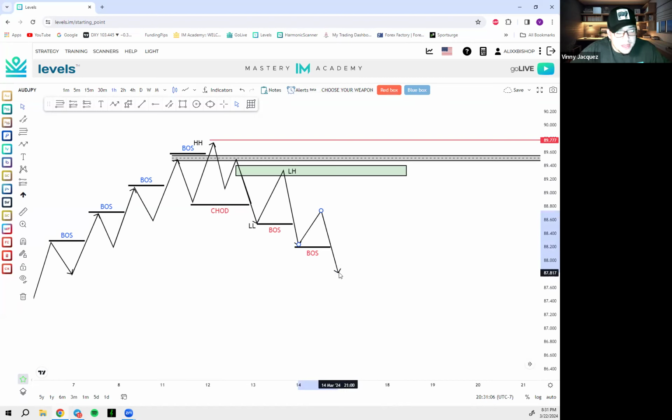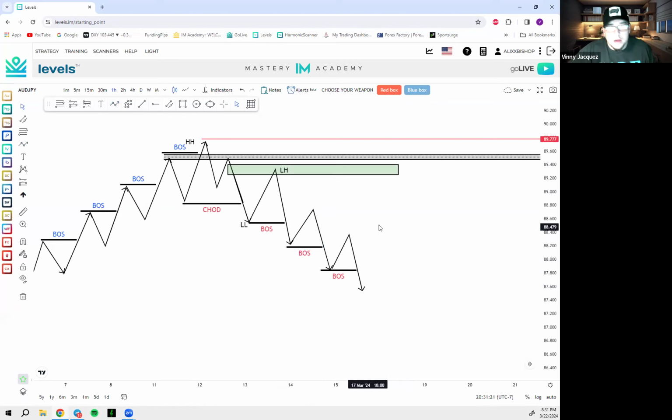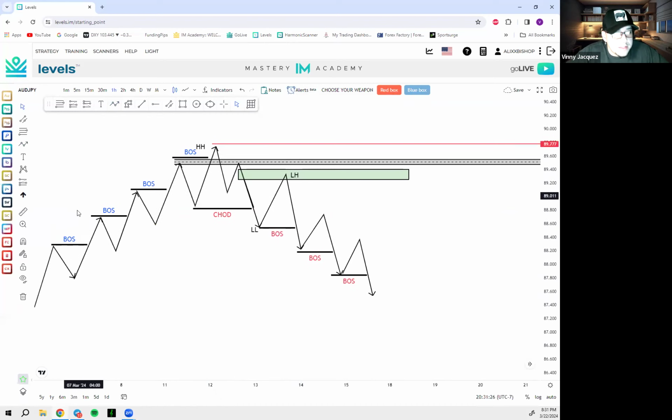We break structure to the downside. Lower low, lower high. We continue breaking structure. Market is continuing trend. Anytime you see BOS, think of trend continuation. Market is continuing to head down. Now, again, for whoever asked about the liquidity, guys, there was buy side liquidity here. Since we're in a downtrend, notice how market is taking this buy side liquidity. That's also something we have to look for.